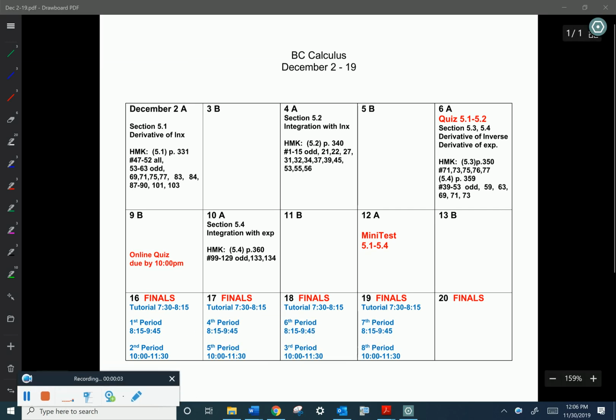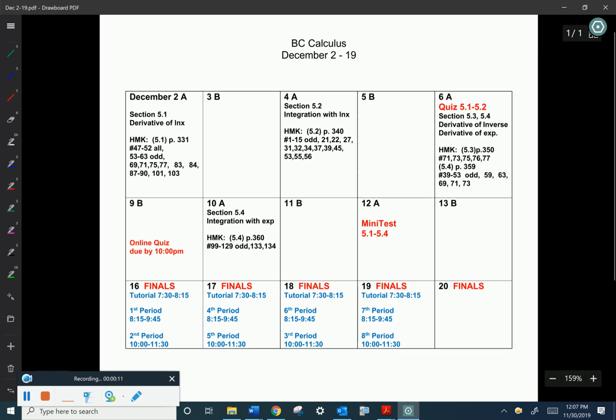Hey you guys, so we're getting ready to start chapter 5, which will be the last chapter that we'll get to before your semester exams. And I just wanted to show you the calendar. There's actually a copy of this on Canvas, but when I get back on Wednesday, I'll give you a color copy. I just wanted you to see that we're going to get through 4 sections of chapter 5, and then